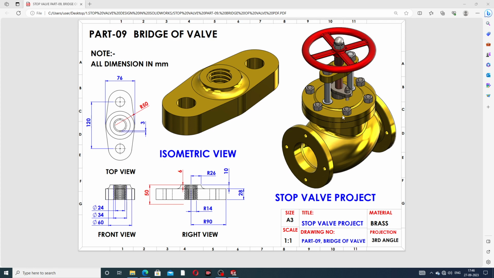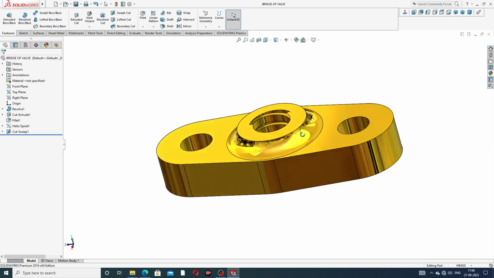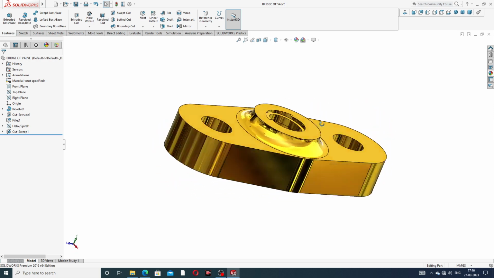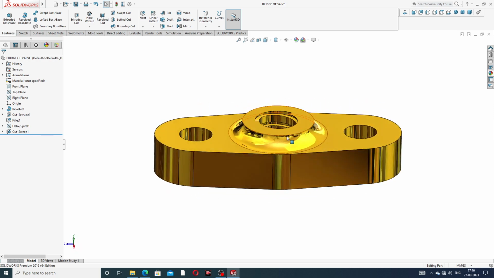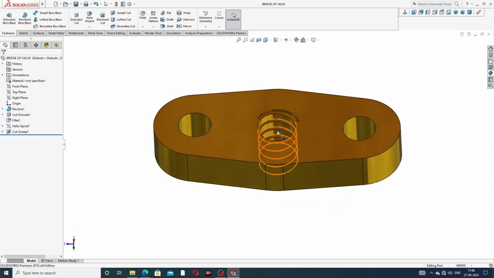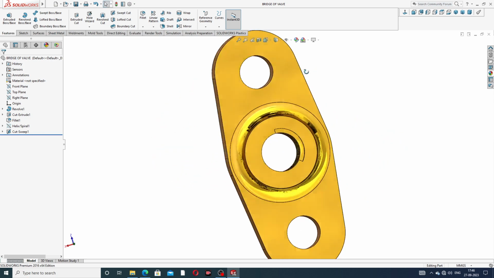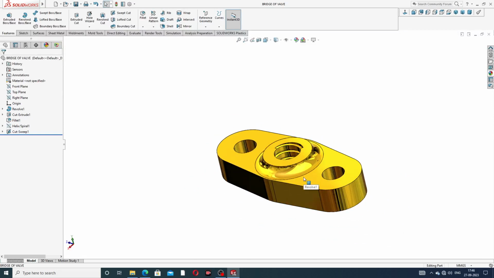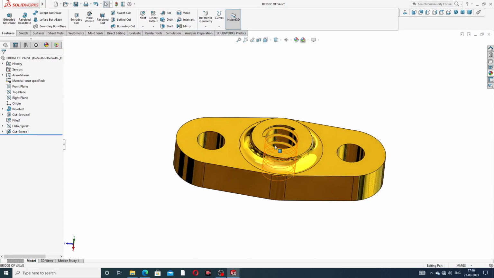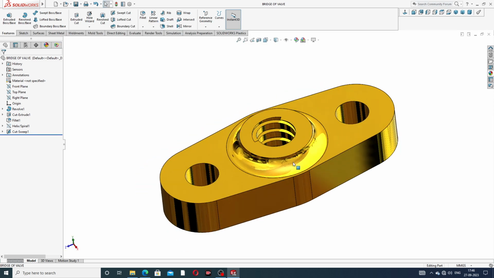Let's start here. This body is designed here, and this is the color. This material is brass. And this is the back side, and also a thread is applied here, and the thread is also very nice looking. Guys, this body is a perfect drawing, and today we discuss how to design this body easily and clearly. Let's start here. This body is designed.